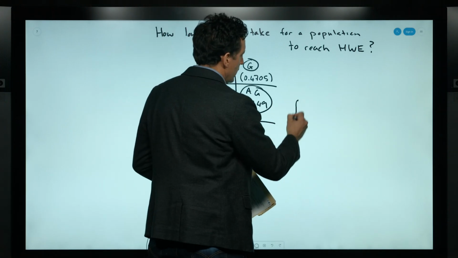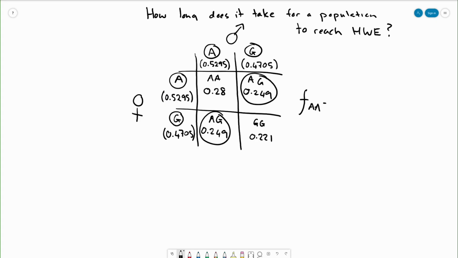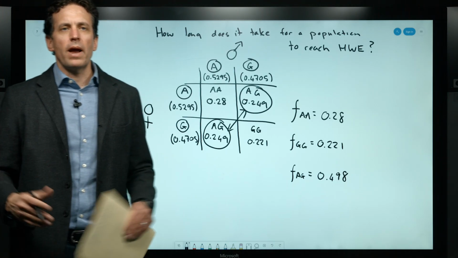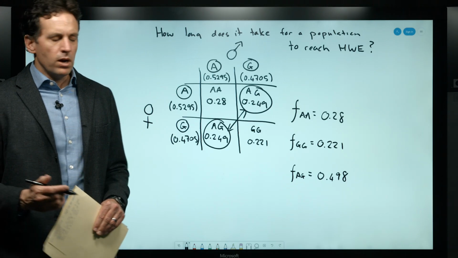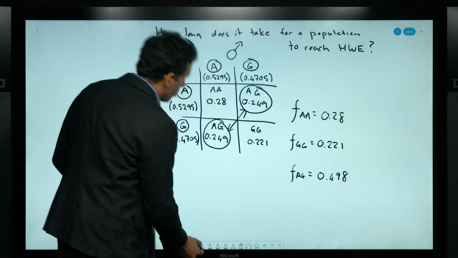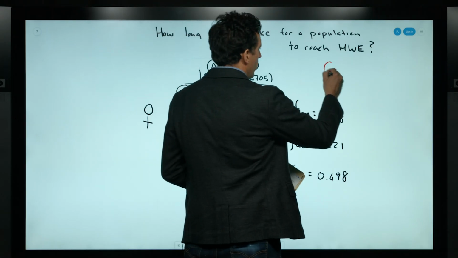And so the frequency now in the next generation of the AA genotype is going to be 0.28. The frequency of the GG genotype is going to be 0.221. And the frequency of the AG heterozygote is going to be the sum of these two, which is equal to 0.498. And so you can see that in a single round of random mating in this population, the population is now in Hardy-Weinberg equilibrium. And so the answer to this important question here is 1 generation